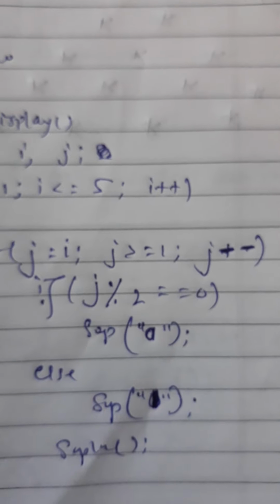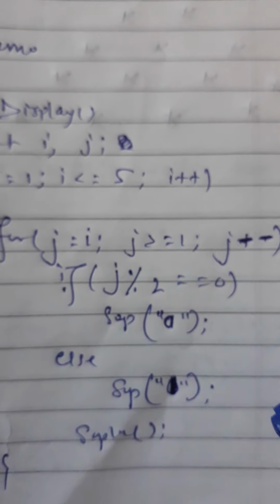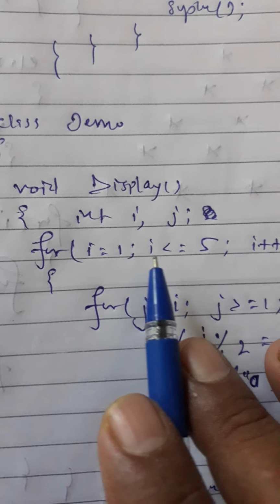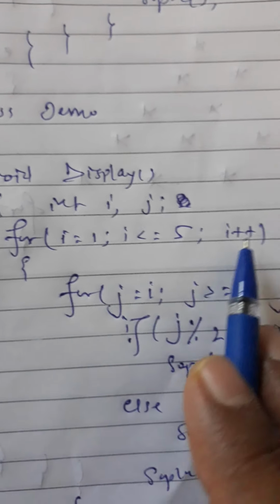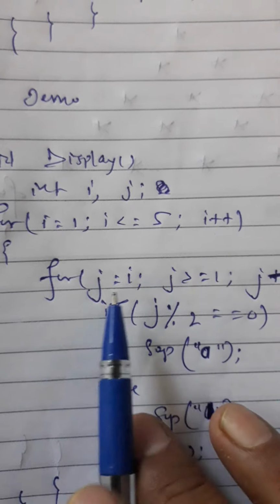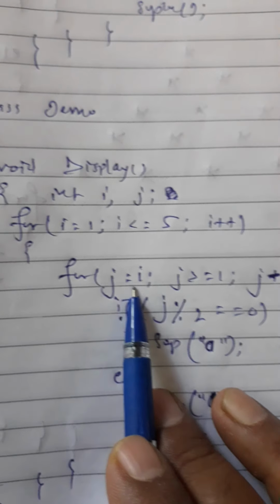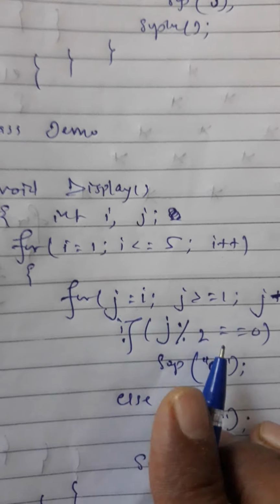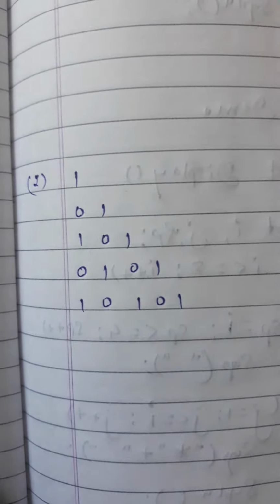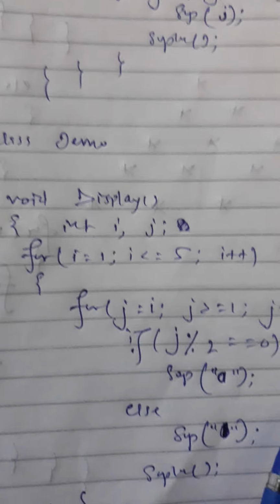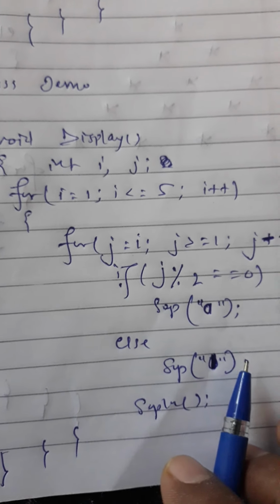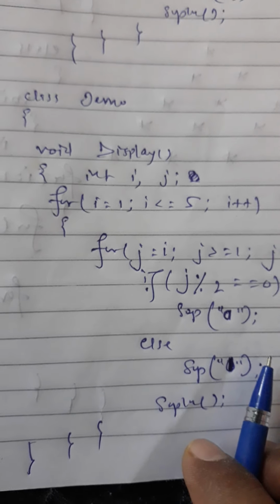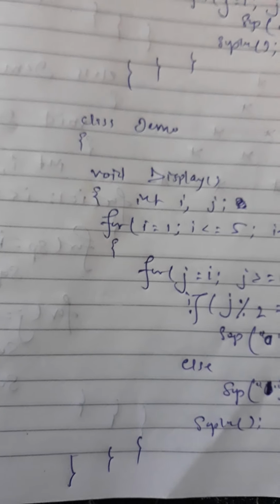Then line change, and when the value is decreased, it will become 0. In the next row i starts from 2, the value of i will be 2. j starts from i, so this will execute for 2 and 1, and the first value will be even, so 0 will be printed. After decrement, that will become 1, so 1 will be printed. So similarly this will print 1 0 1 1 0 1 and so on.